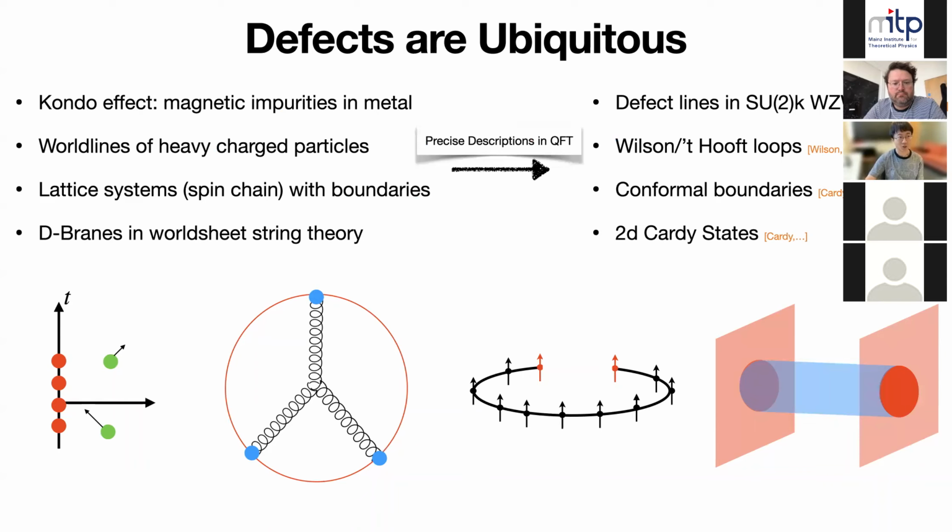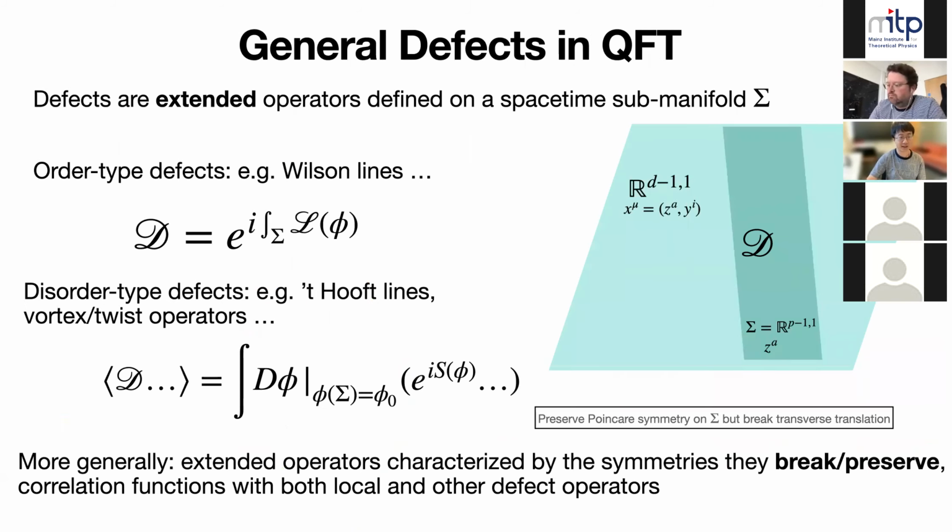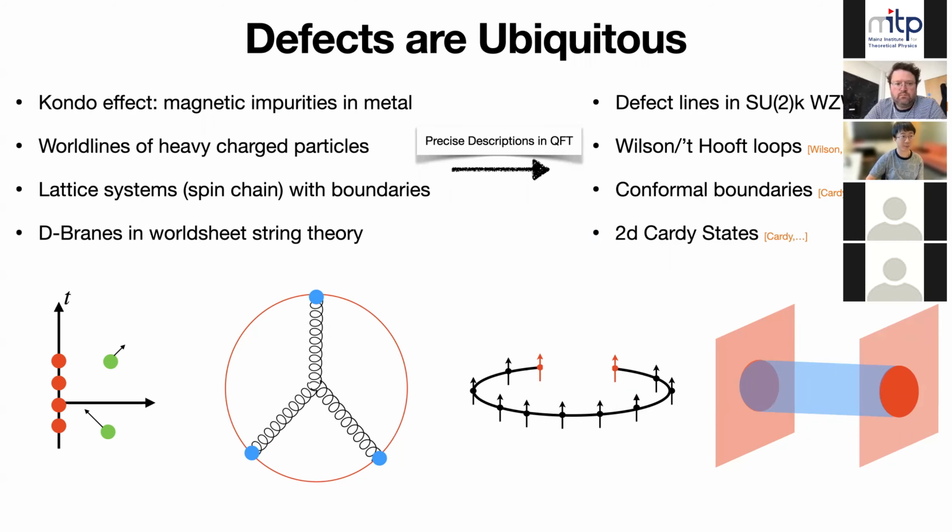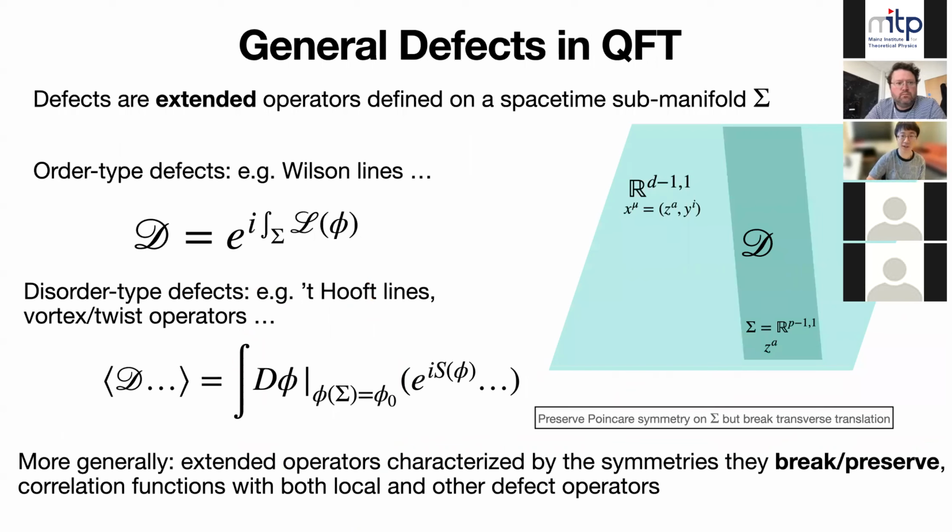And defects also show up in string theory, importantly, as D-branes. In this case, you should think about D-branes as boundary states for the worldsheet string theory. Correspondingly, they are described as some two-dimensional Cardy states. Again, something that was studied in the early days by Cardy. Apart from these examples, defects actually have a very universal description in quantum field